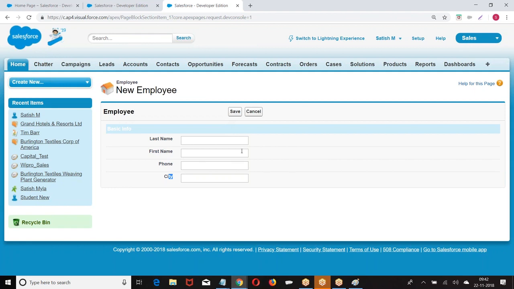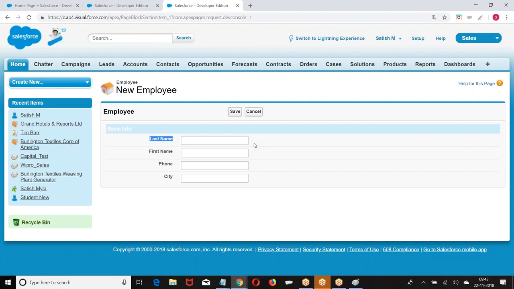Clear for everyone? So what we have done: created a page block, first page with a section header, form. Why did I take form? Because I have taken input elements, I have taken a form. Then I have taken buttons also. Then page block buttons, then page block section. Each one is one section item. Why did I take section item? Because in every column I want to print two elements. If it is only one element, I don't require section item. Because I want two elements, I created a page block section item, then output label, input text.